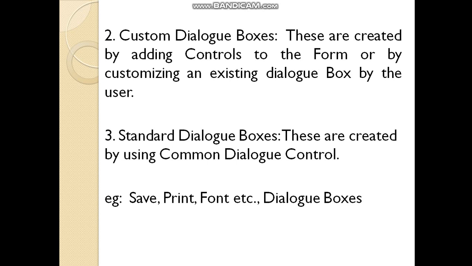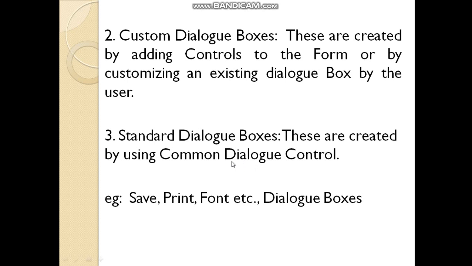When we click on font, it shows a font dialog box. These are called standard dialog boxes. Like that, standard dialog boxes we can also open in our VB with the help of this common dialog control.